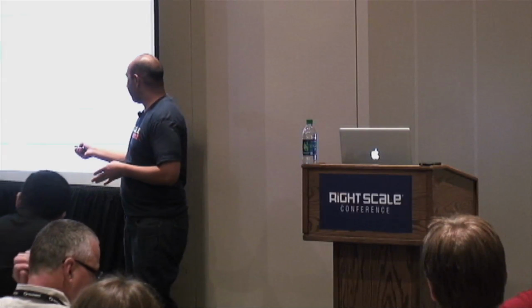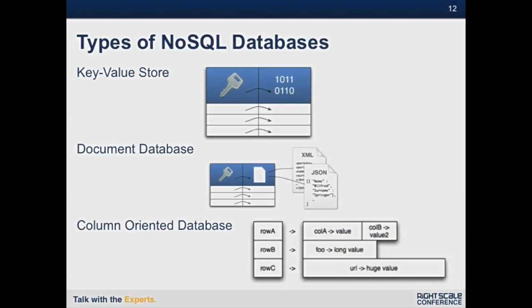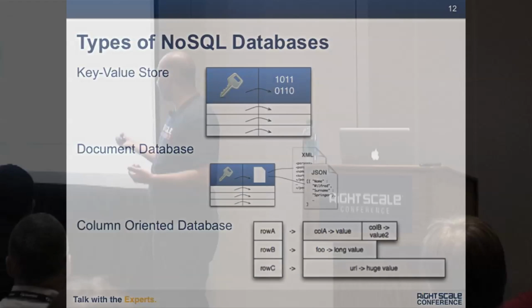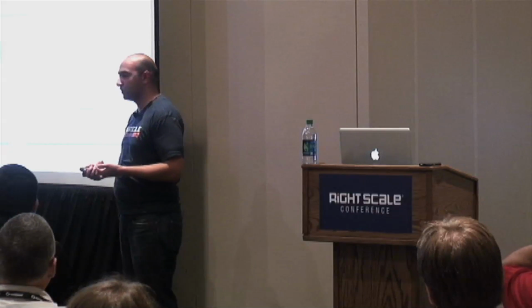A NoSQL column-oriented database is a little bit different because it's still a key, being that row, and a number of associated values. But at no point would you ever have a null value in between there. So it's really more of a list of associated values with this particular column or this particular row, but you would never have that wasted space of having null values in between there, and it's much more flexible in terms of what you may be able to do.